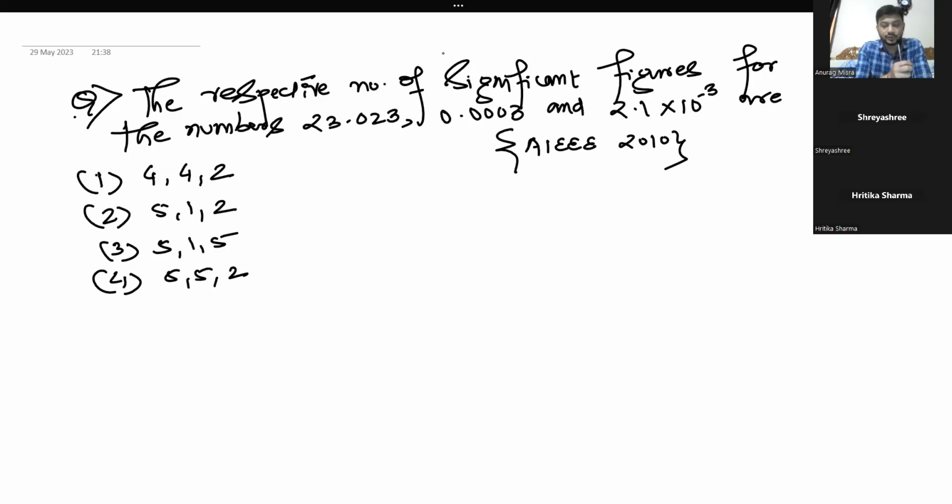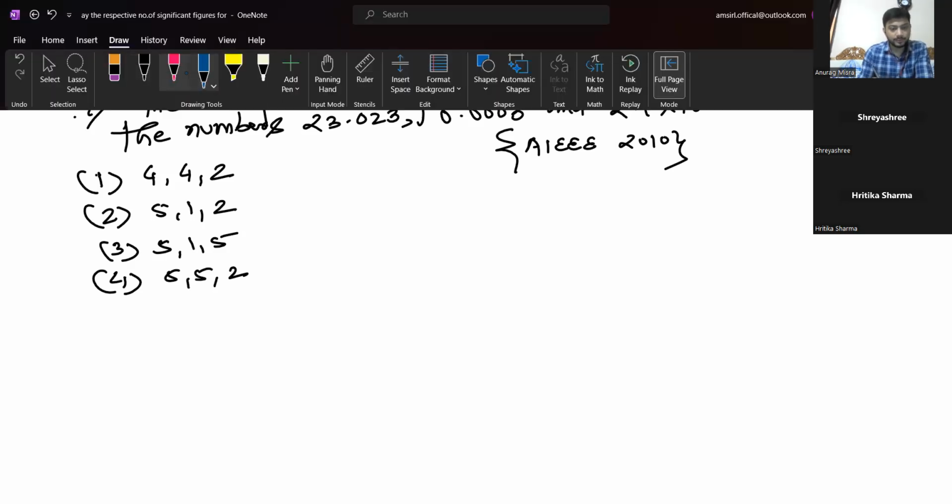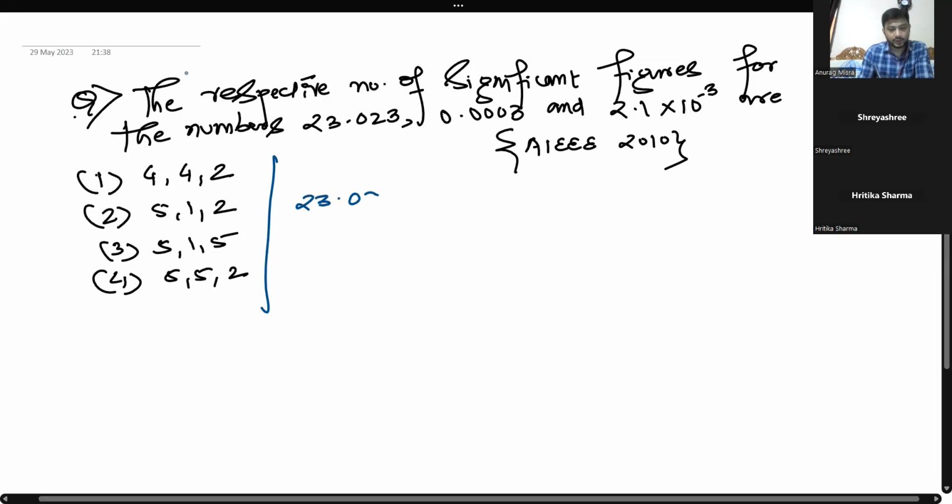You can just see the rules and check. First को देखो, first में हमारे पास 2, 3 और लास्ट का 2, 3 ये चारों नॉन जीरो डिजिट्स है, तो they will be significant. बीच में एक जीरो है, as it is bounded by non zeros तो वो भी सिग्निफिकेंट बन जाएगा. Automatically we can say here we have 1, 2, 3, 4, 5. We can say that when we are counting 23.023 we have 5